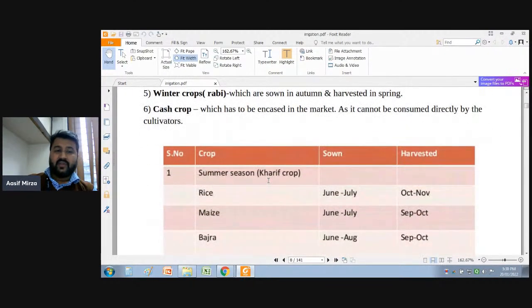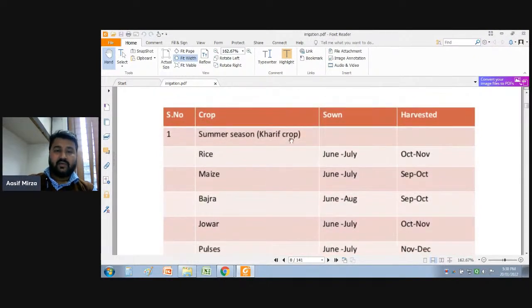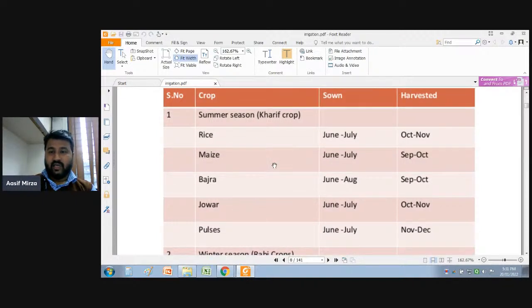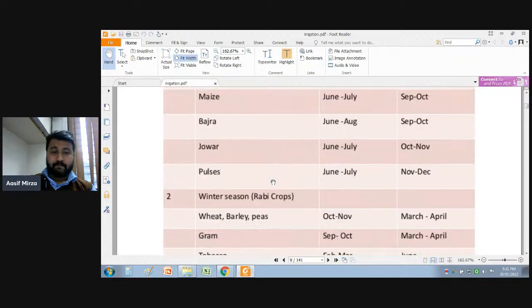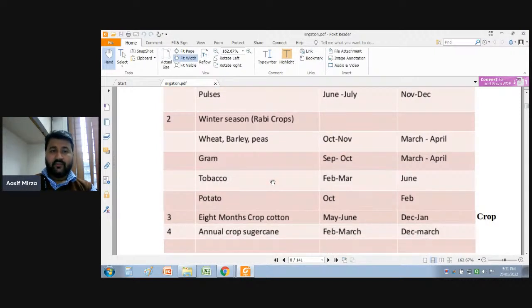So on the basis of crop, when it is to be sown and when it is to be harvested, that we will see. So kharif crops, that is the summer season crops, include rice, maize, bajra, jowar, and pulses. These summer season or kharif crops are sown in June or July and harvested in October to December. Okay. Now moving toward the rabi crops, that is the winter season crops, in which wheat, peas, barley,